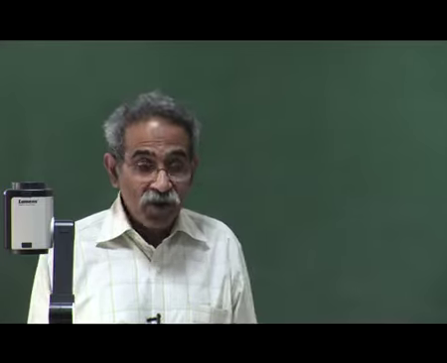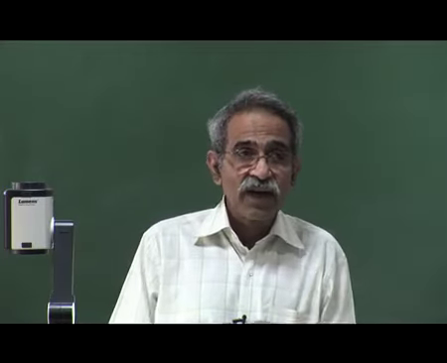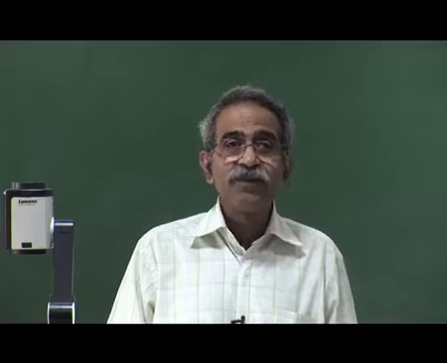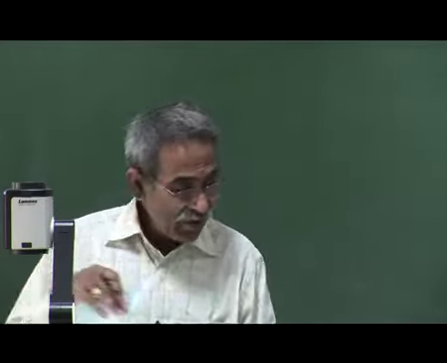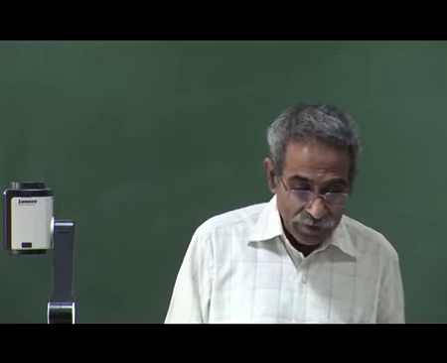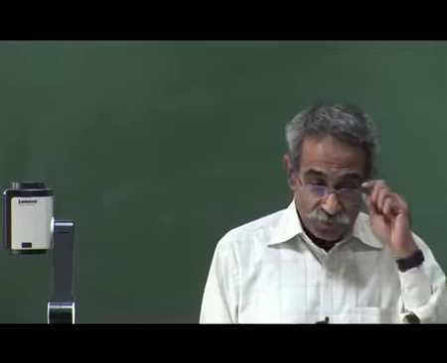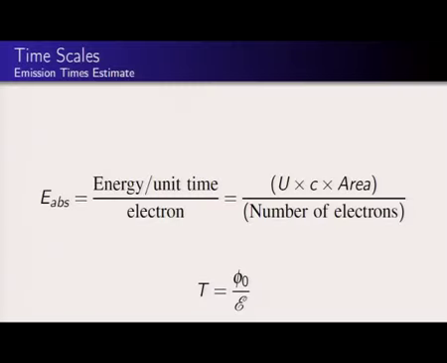So, what I can do is to ask, what is the time required for an electron to get liberated if I keep sending my energy? That is the question that we are asking. And that is a very, very easy thing to estimate. So, what we are going to do is to ask how much energy is absorbed per unit time by the electron. So, let us come back to this slide. The energy absorbed is the energy per unit time which is falling on the metal divided by the total number of electrons. That is what I want.